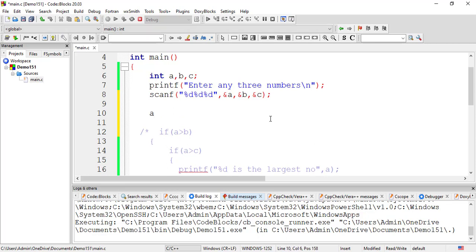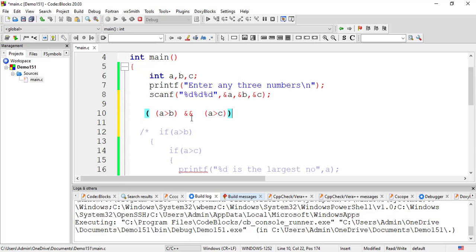I will write A greater than B, right? That is one expression, and what was the second expression I had to write? Yes, my second expression was A greater than C. Right? Now if both the conditions are true, I want to use the logical operator between those two, and I want to put this as a combined expression, so I will again put a bracket, and this again has to be in the boundary, so let me do it like this.